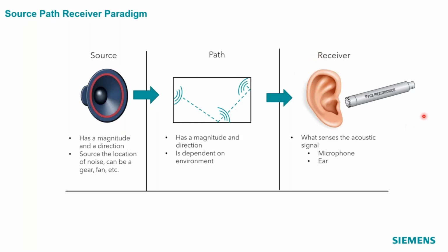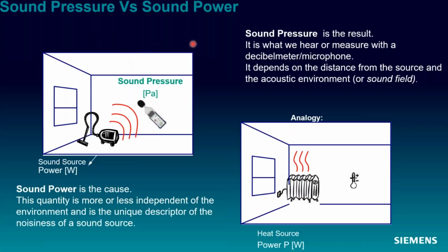At the very end, we have the receiver. If you've ever done sound measurements, you've probably heard of sound pressure. This is what's measured at the receiver end. Sound pressure is great, but it can sometimes be not a representative measurement of the actual sound energy coming out of your source. When we're working on products, we want to know exactly what energy is coming out, because we don't always know where it's going to be emanating from or what the path characteristics are going to be like. So you have to understand the difference between sound pressure, sound power, and then something called sound intensity, which we'll get to.